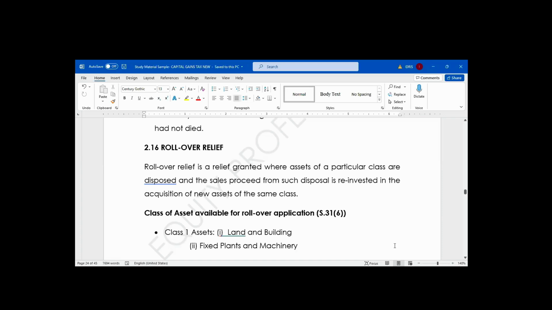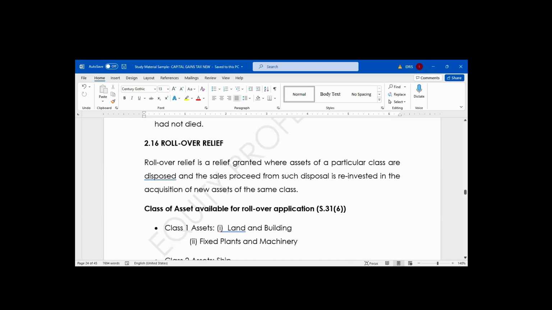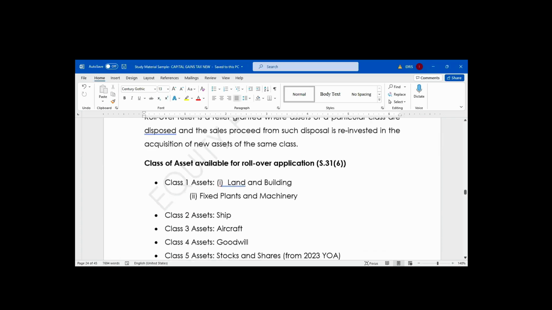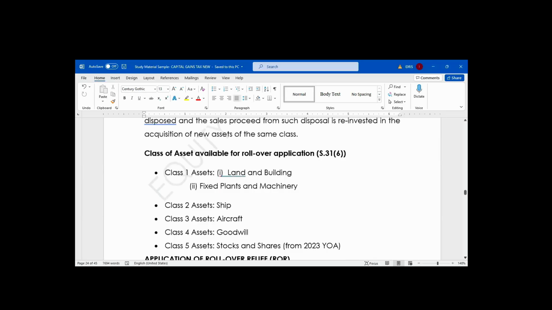They call it class of assets. Class 1 of the assets that rollover relief apply to, land and building. Class 1 have A and B. Class 1A, land and building. When you dispose land, you can use the sales proceeds to acquire another land. And you claim